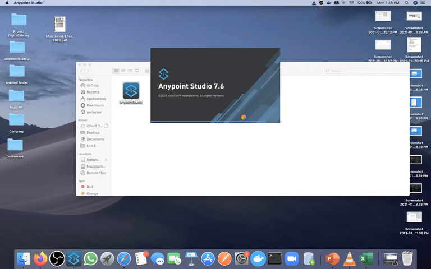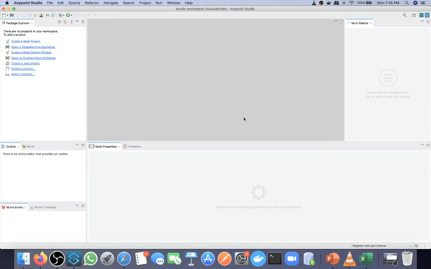Now you can see it's downloading the latest version of Anypoint Studio. Sorry, it has started version 7.6 of Anypoint Studio. Now you can see here we will get three panels: left panel, center panel, and right panel. In the left you will be able to see everything related to the project folder. Here you will do your development work, and in the Mule palette you will be able to see all the